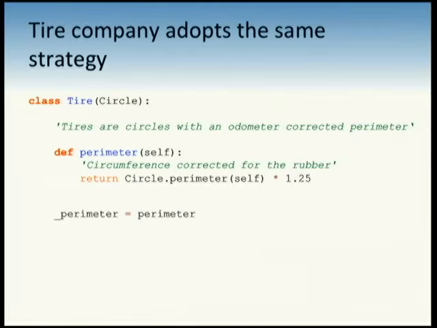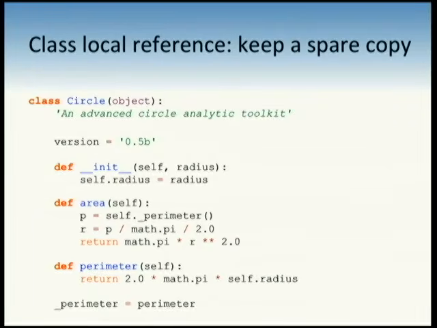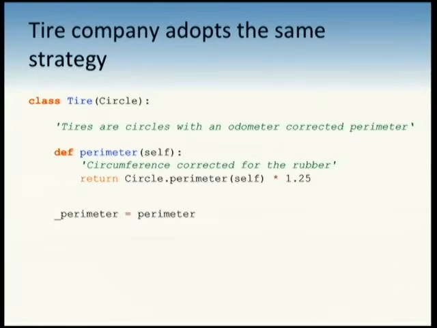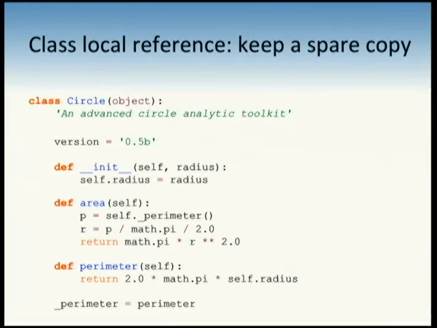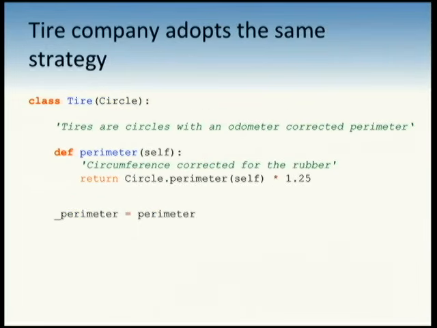The way you win the copying game on the playground is you use somebody's specific name. Heather is ugly. Now, if Heather copies you, Heather is saying Heather is ugly. You won. This is the way, remember, we got a copying game here. Any naming convention they use, we need to do the same thing. So the answer is going to be, the name should be underscore tire underscore perimeter. And if you include your own name, this will refer to underscore circle underscore perimeter, and then they will copy us and do underscore tire underscore perimeter, and we won't have a naming conflict anymore. Clever? First grade skills coming back to save the day in a programming environment.